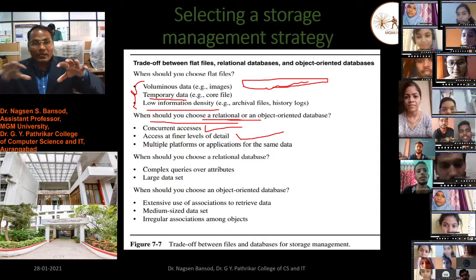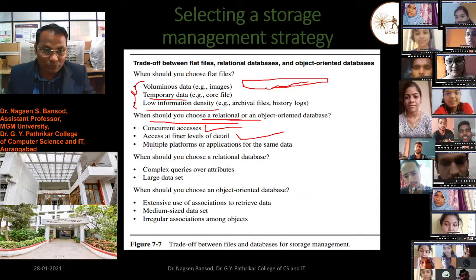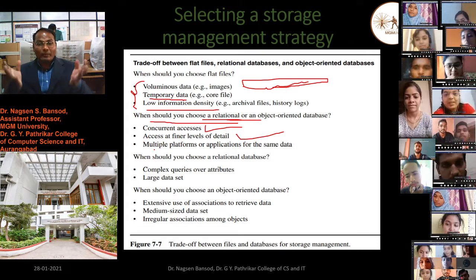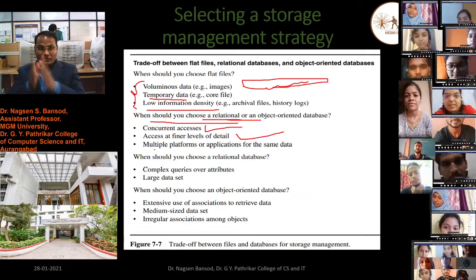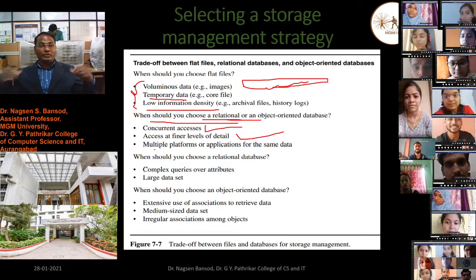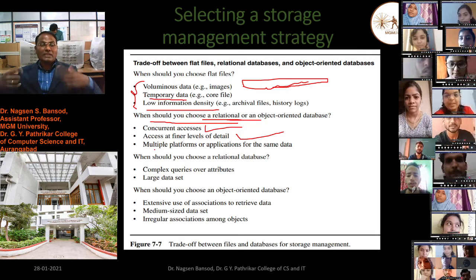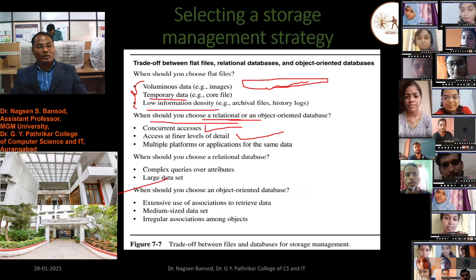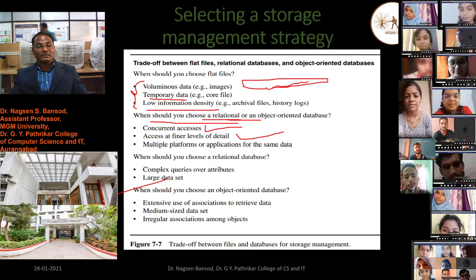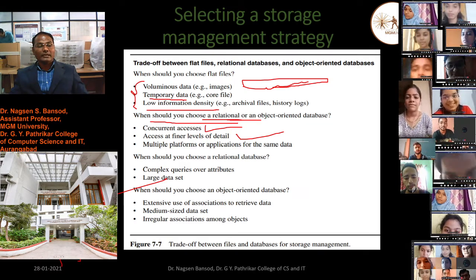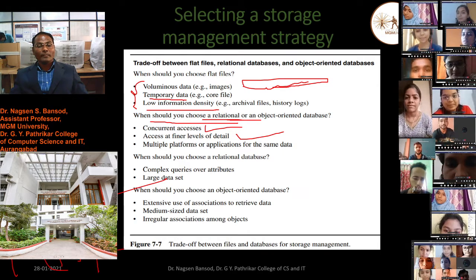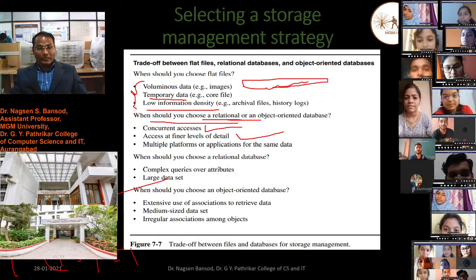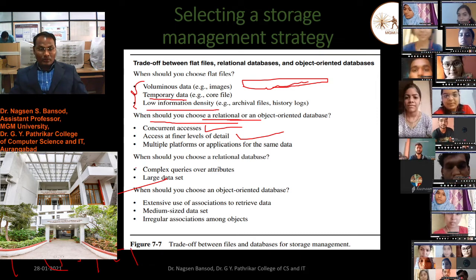Then we have to use multiple platforms or applications for the same database. There our data will be distributed across various ends, like hierarchical data is there, terminals are there to access the data. In that case also we have to use the object oriented database management.